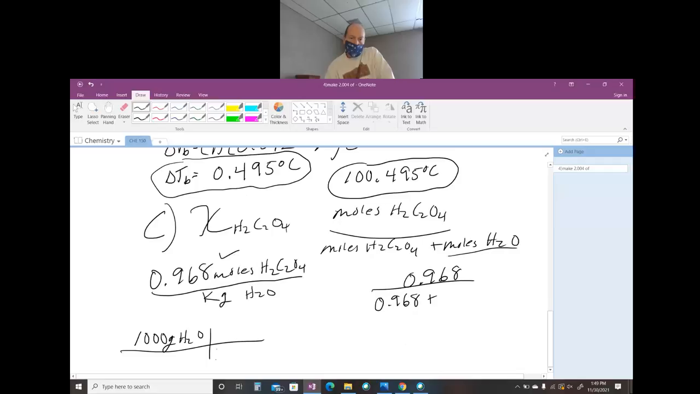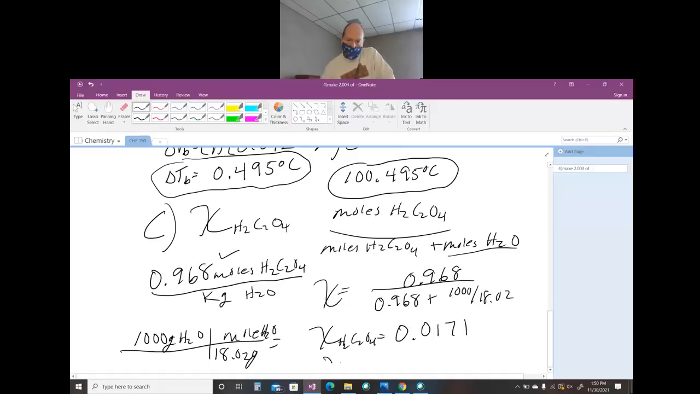And we divide by the molar mass, 18.02 grams per mole of water. And so then we have our moles of water. So I'm just going to put in here, you take 1,000 divided by 18.02. And this is going to be your mole fraction of your weak acid. So the mole fraction of the H2C2O4, when you push the buttons, is